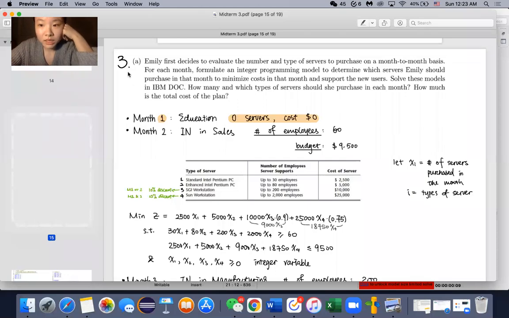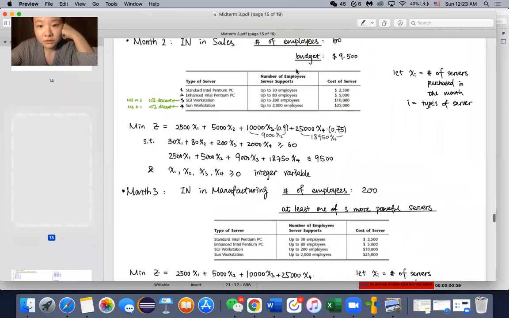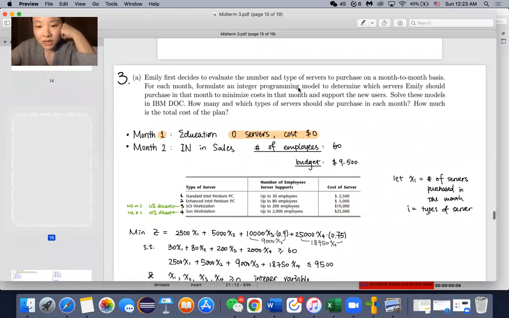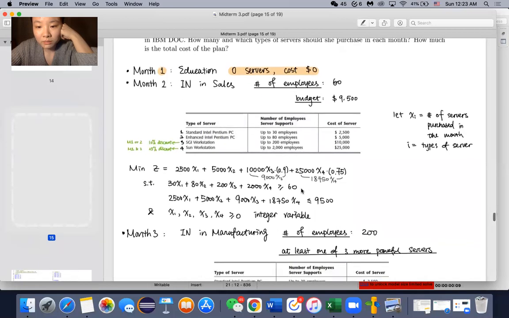For problem 3, the company suffers from a lack of communication between departments, and Emily was asked to purchase the server for building an internet. For part A, she is asked to evaluate the number and the type of servers to purchase on a month-to-month basis. And for this question, every month,